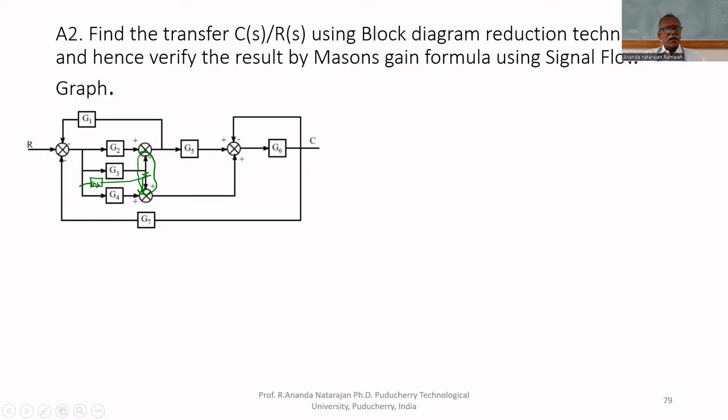G2, G3 are parallel. Similarly, G3, G4 are parallel. Where do we have to add, with G2 or G4? No, both. We have to add G3 with G2 as well as G4, because it is parallel to both G2 as well as G4. That's why G3 should be added to both. If you redraw the circuit, what you will get is